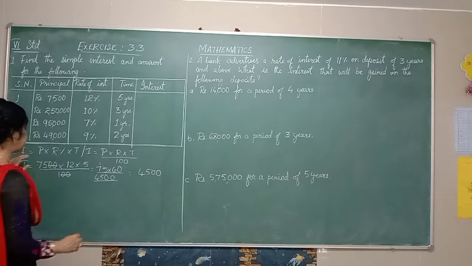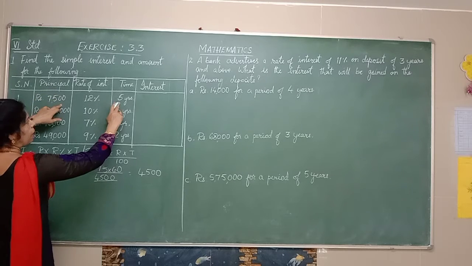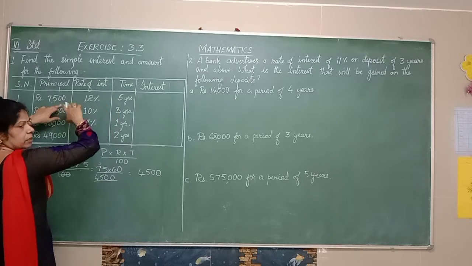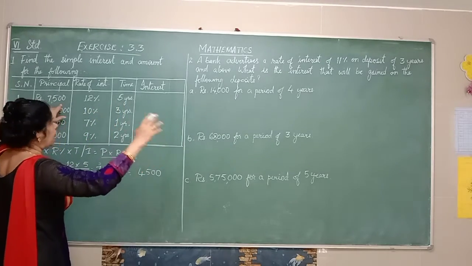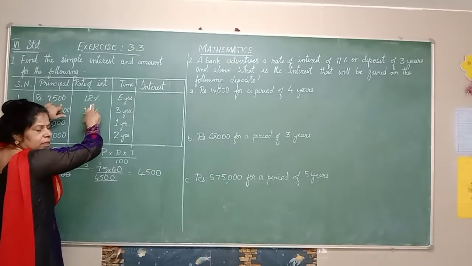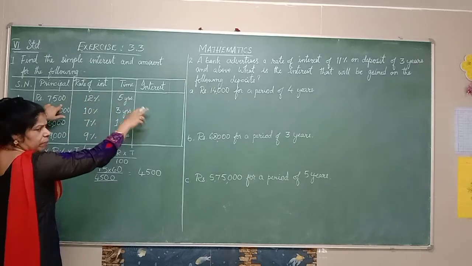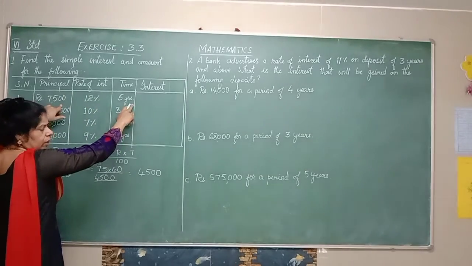The answer for this is 4,500. So the interest: the amount deposited is 7,500, and the bank has told them they are going to give 12%, and the person has kept the 7,500 in the bank for 5 years. So after 5